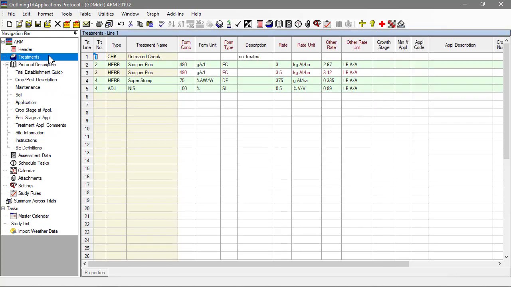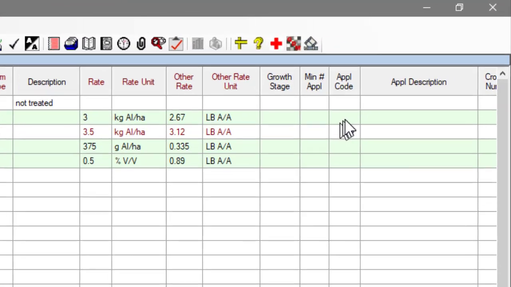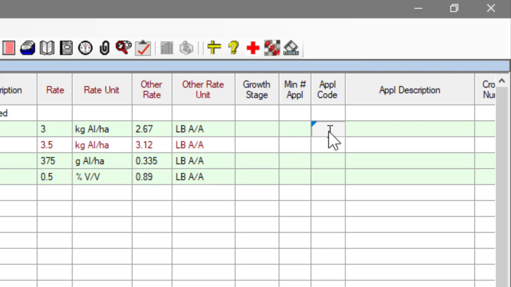Now that we have defined our applications, we need to link which treatments will be applied during each of these applications. This is done on the Treatments editor. In the Application Code field, enter the application letters of each application that this particular treatment line component will be used in. For example, if treatment 2 was to be applied at both a pre- and post-emergence application, then AB